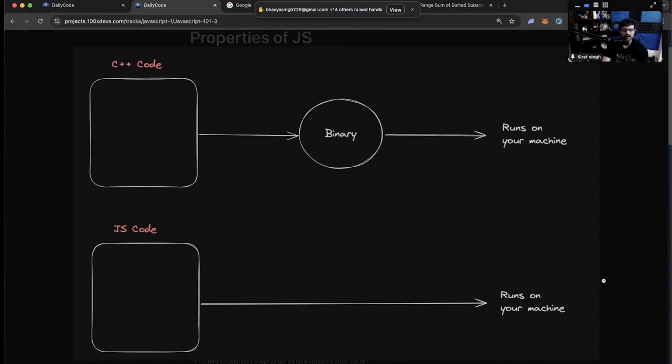How many of you have tried giving LeetCode or Codeforces contests and you're writing C++ code locally? If you have tried that, then whenever you write C++ code, you first compile it down to a binary, right? Let me do a quick detour. You don't have to run this locally, but if I run, quit this once.